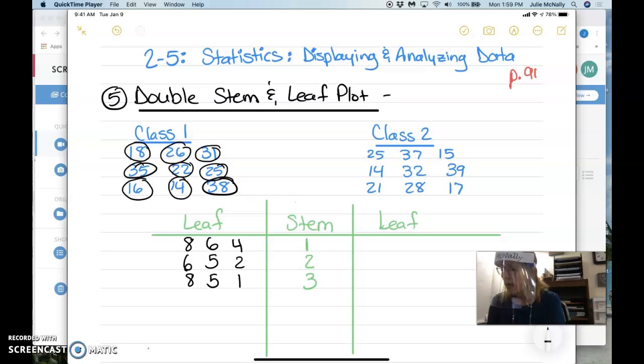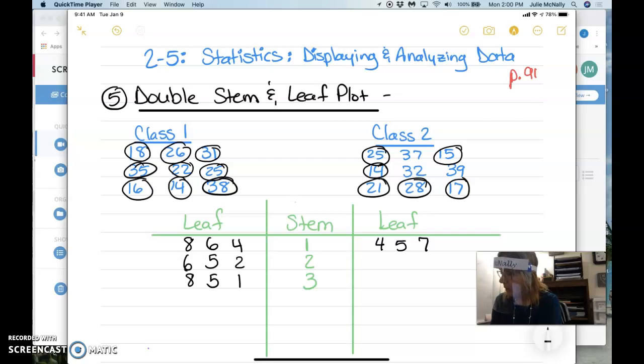Now let's do class 2. In the teens, I have 14, 15, and 17. Now I'm going in this order, away from the stem, 4, 5, 7. My 20s, I have 25, 21, and 28. 1, 5,